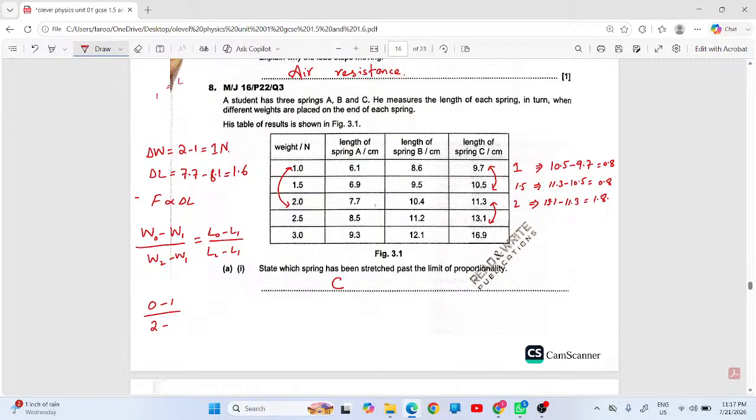Original length is unknown. L2 is 7 point... minus. इसको सॉल्व करें. ये आ गया 1.6, यहाँ डिवाइड हो गया वहाँ जाकर मल्टीप्लाई, माइनस का हो जाएगा।